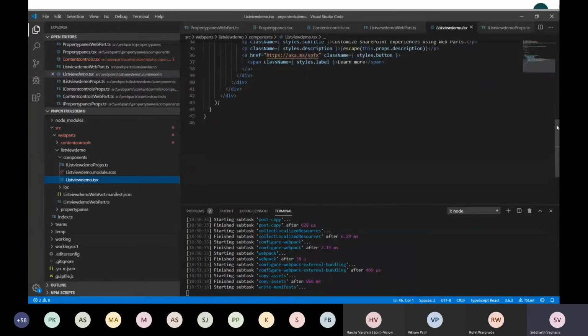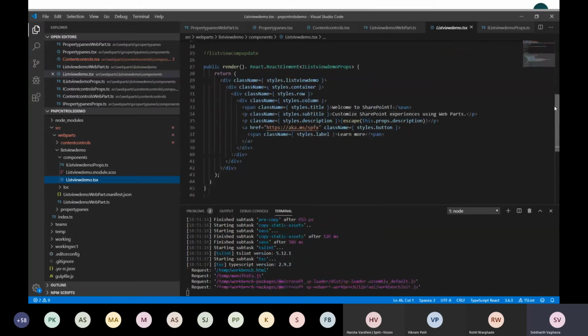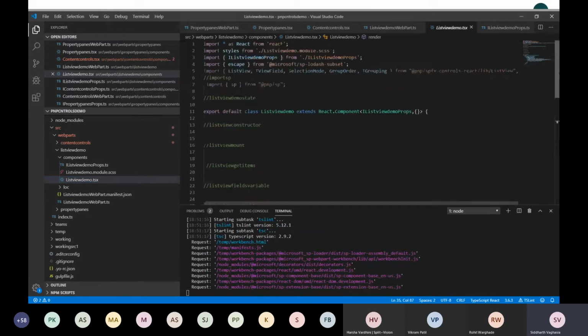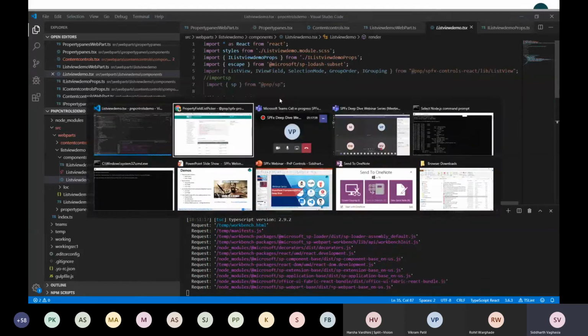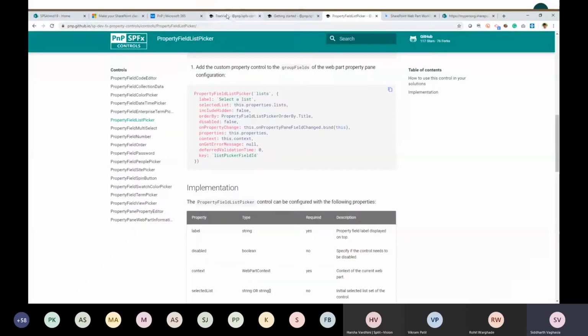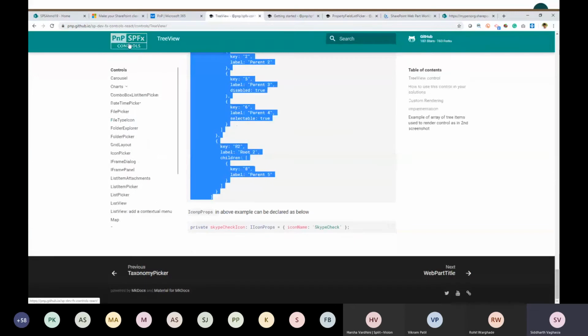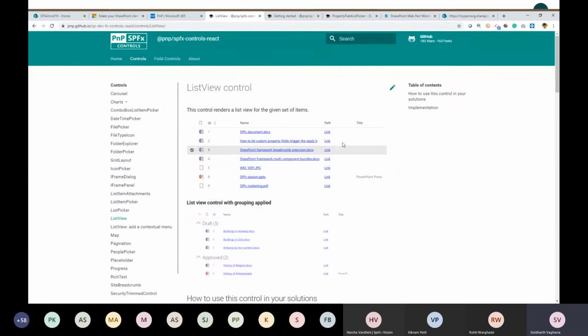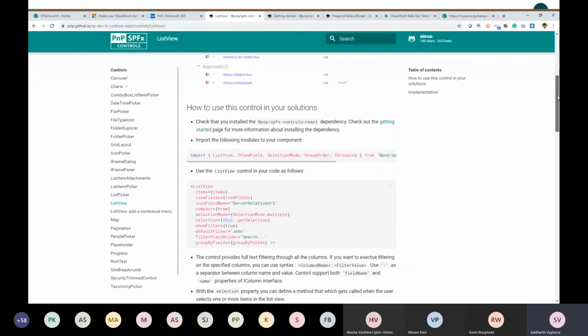Going to the React control. Now we need to use the list view control, as I said, from the React property pane controls. I'll go to the list view control, and this is how the controls would be rendered, right?